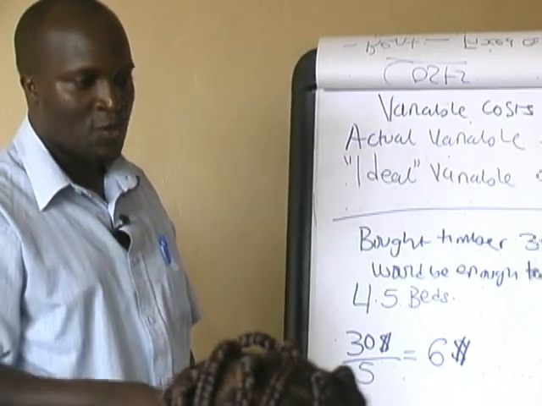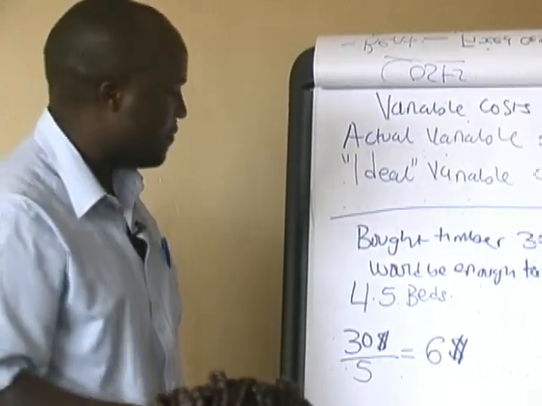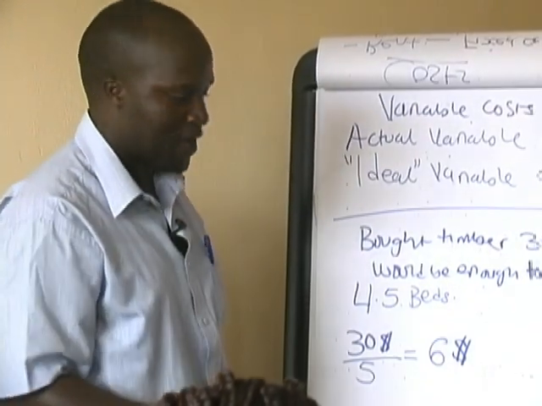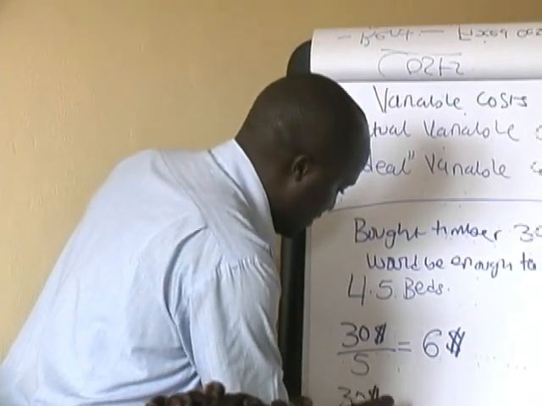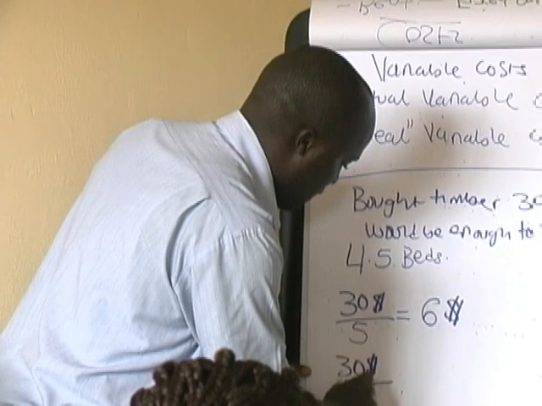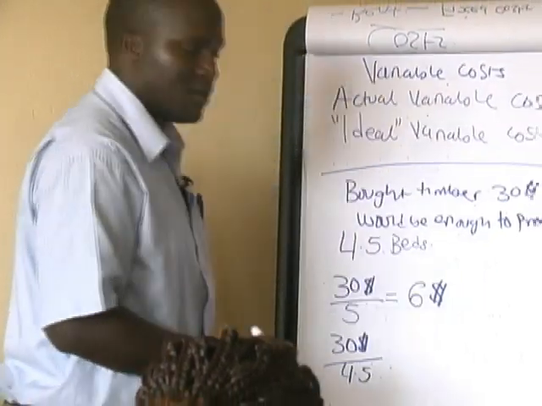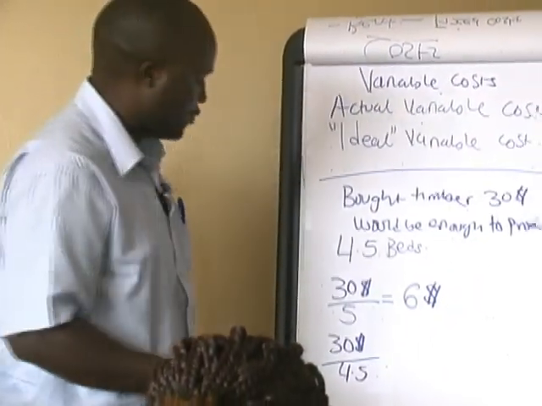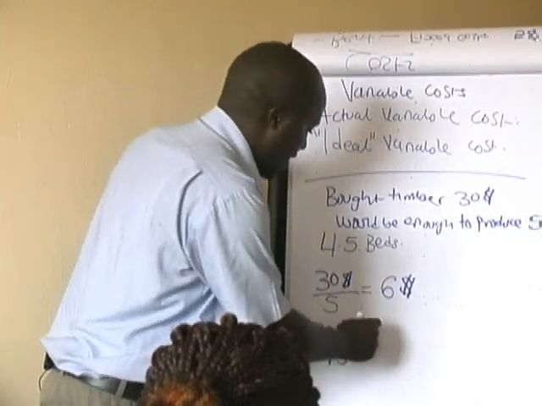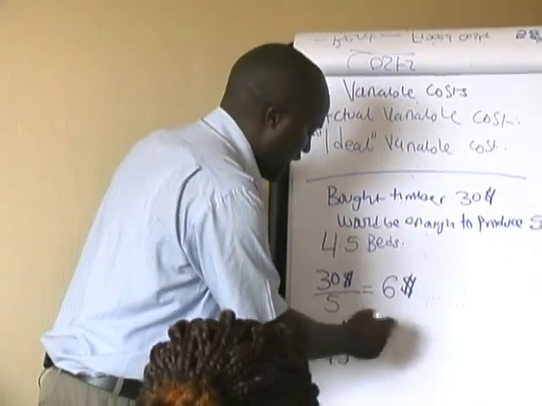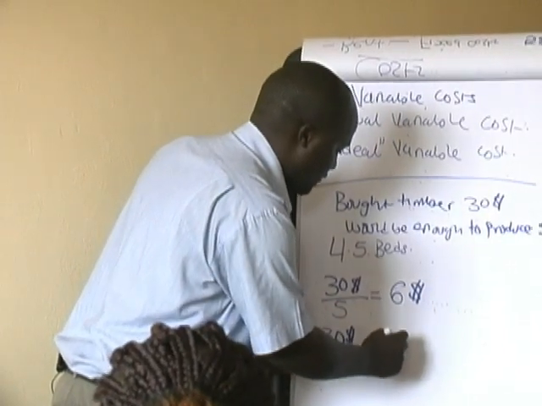But because you have not been able to get 5 beds, you have to use the same $30 and divide it by 4.5. Meaning that if you divide it, you are going to get an average of, let's say, I'll just round it off,